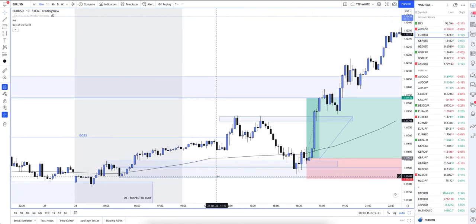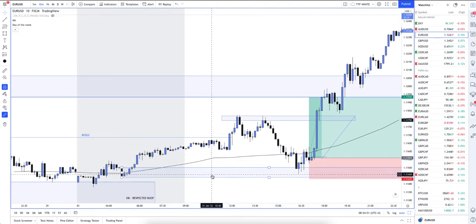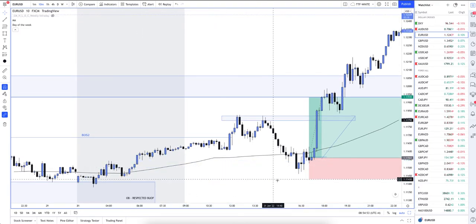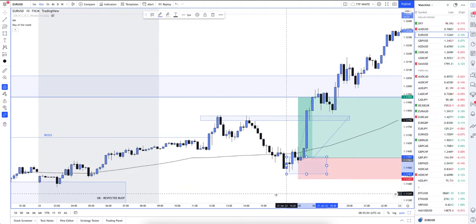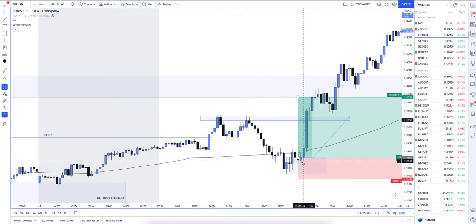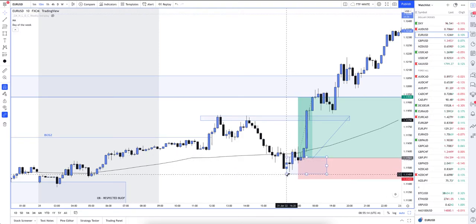So the reason why I entered where I entered, not only because of these hourly ones and then refined to the 10 minutes, is then once we pushed away from that level that I believe we were going to push away from, okay, we then have our 10-minute order block. Okay, we can start it there, it's completely up to you. But we have our 10-minute order block where the market has come back into it, and then we've looked at bouncing back out. So this is where my entry actually was, okay, right around this 10-minute order block. As soon as we came into there, I had some confidence that the market would be rejecting this level, okay. If we go down to the 1 minute,